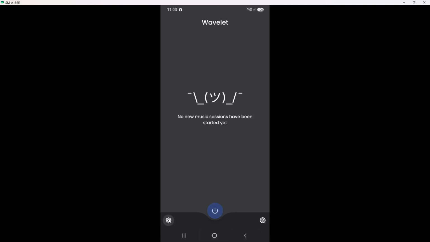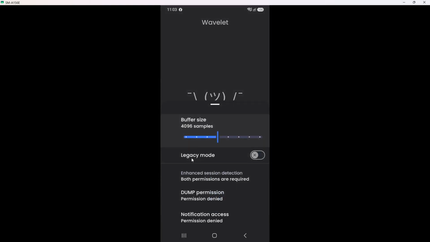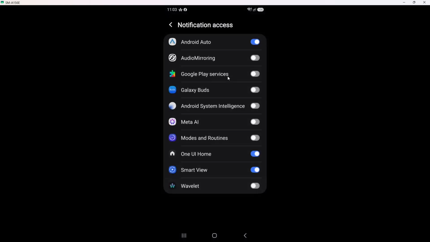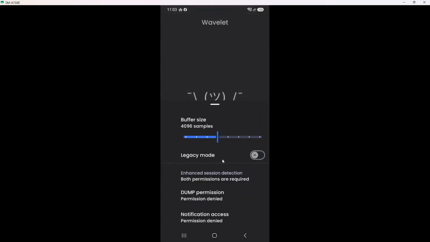Now grant the requested audio permissions, then connect your wired or Bluetooth headphones to start using Wavelet's equalizer features. When you first open the app, it will ask for certain permissions to access your audio settings. Granting these permissions is important because it allows Wavelet to function properly and tailor your audio settings. After you have granted permissions, connect your headphones, whether wired or Bluetooth. This connection is essential for the app to apply its audio enhancements effectively.